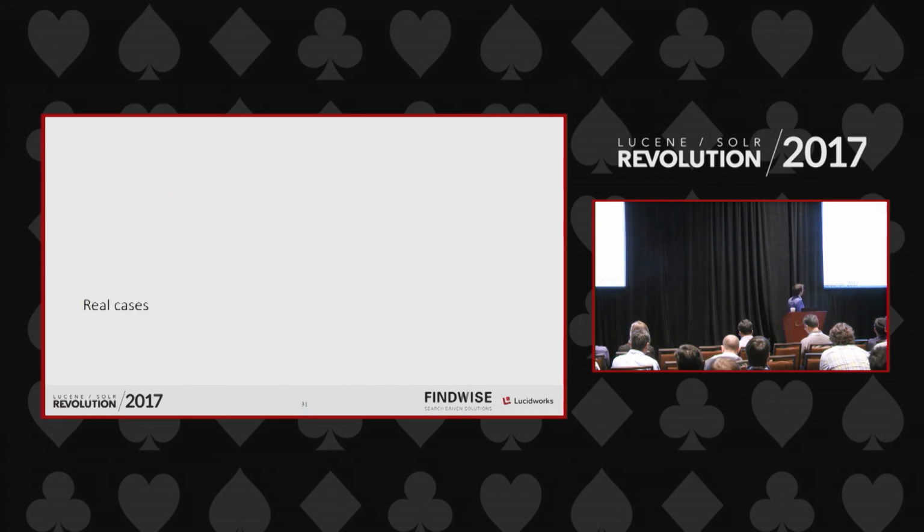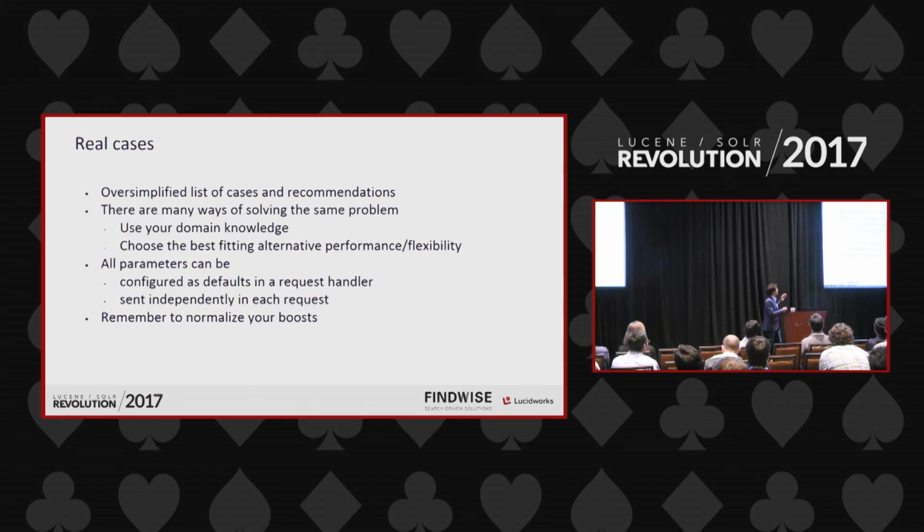And then we go to the real deal. And this is actually a very simplified set of recommendations, very common cases. How do we apply all the tools that we saw before to be able to gain some improvement in relevance using whatever we know about our domain? There are actually a lot of ways that we could do this. There are a lot of different ways that we can normalize each of them. There are a lot of ways that we can configure them. For example, we can put